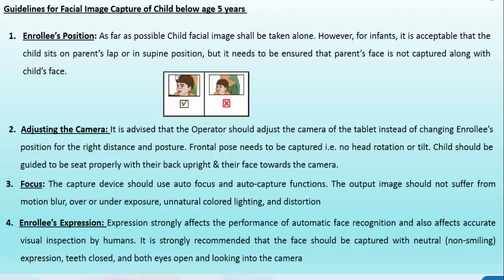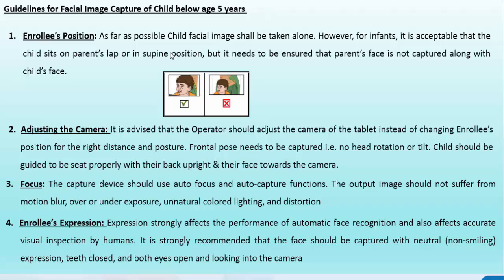The first photograph is captured only with the child's face, so that is approved, permitted. In the second photograph we can see the partial face of the mother, which is not allowed as per UID guidelines. So we have to ensure this before going for further process.